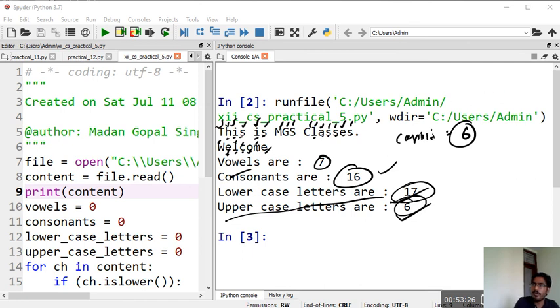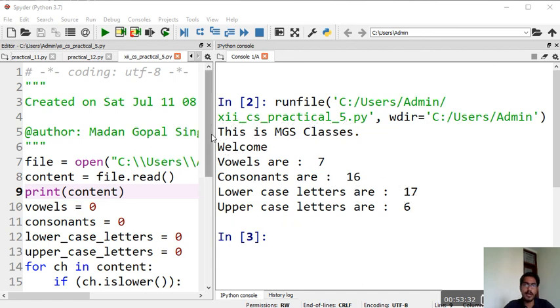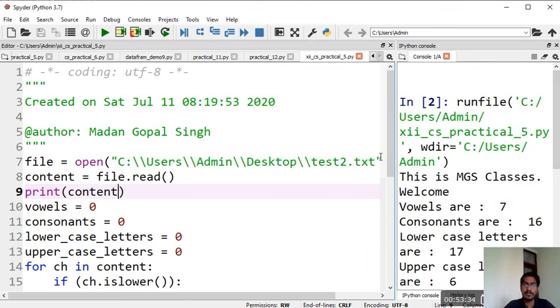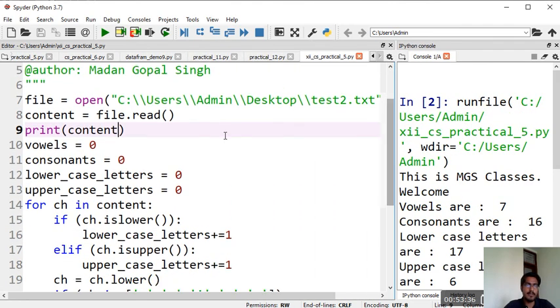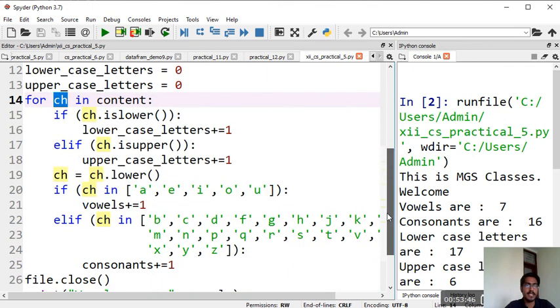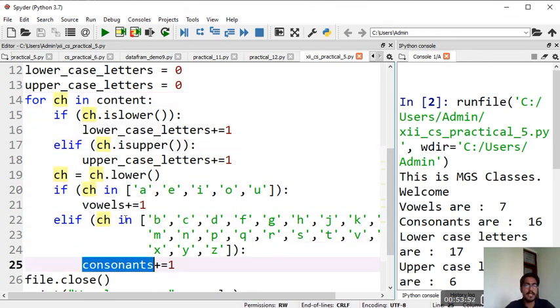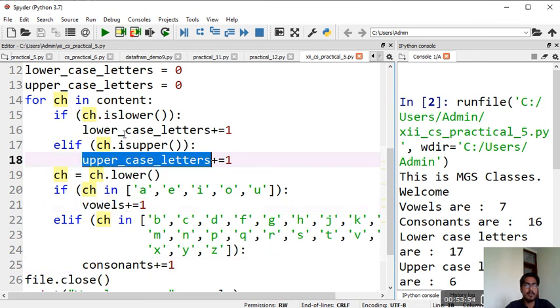Okay, so this is how you can execute this program, and I have already explained how it works. Each character of the string is iterated using this for loop, and character by character we are checking whether it is lower, whether it is upper, whether it is a vowel, whether it is a consonant, and then we are incrementing the respective variables.